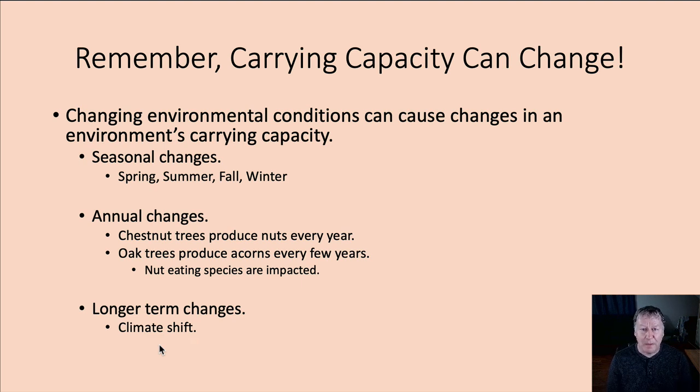One really important thing to remember is carrying capacity can change. It is not locked in. It will not always be the same. Some environmental conditions can change the environment's carrying capacity. For example, seasonal changes. As you can imagine, living here in Culver as a deer, we have deer in the